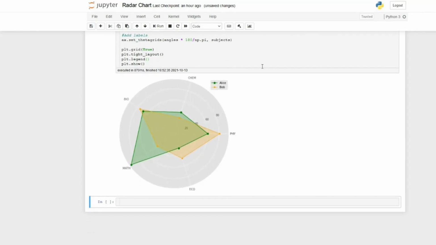So now a radar comparison chart for Alice and Bob is created. You can see that the lines are straight lines, not dashed lines, and you can also note that the marker for Bob is a star.